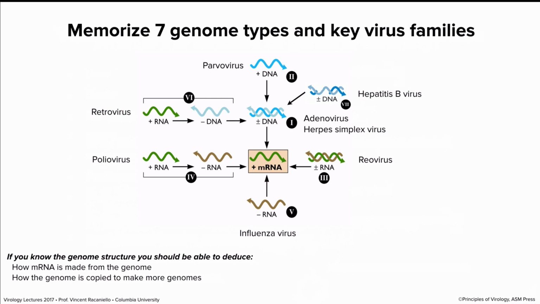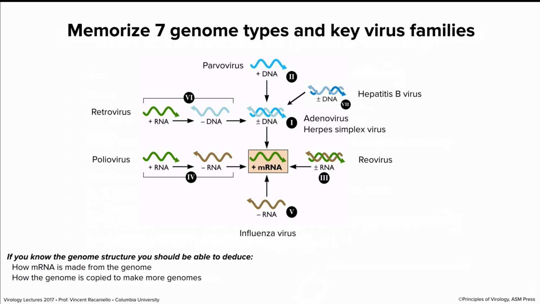It's not going to be hard to get familiar with them. The reason is that if I ask you a question about adenovirus, you need to know what the genome is at some point. I won't ask you an obscure virus that we haven't talked about, but one of the viruses that we use as an example. So double-stranded DNA viruses, we'll talk a lot about adenoviruses and herpes simplex viruses as examples.